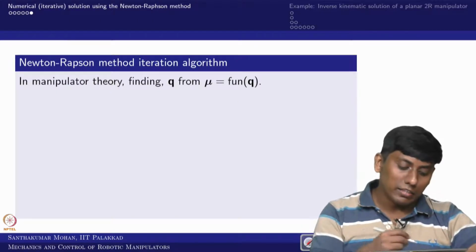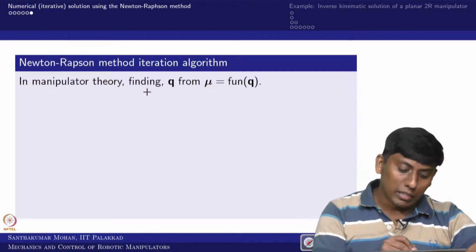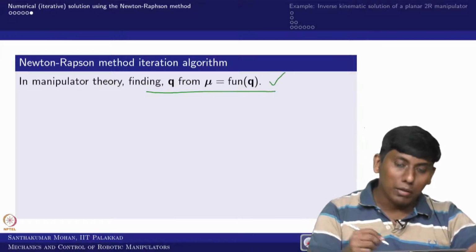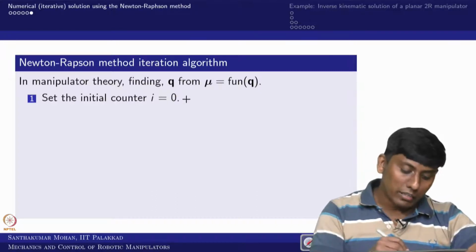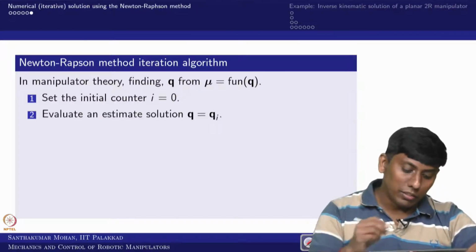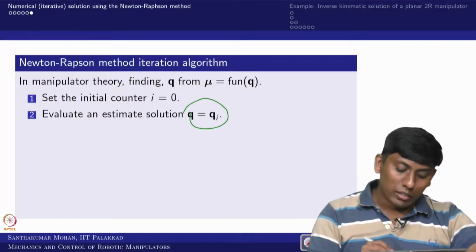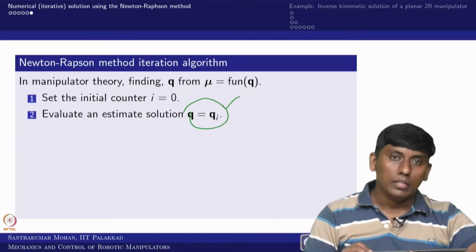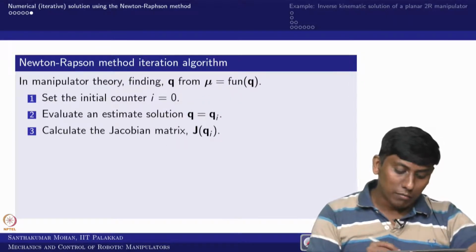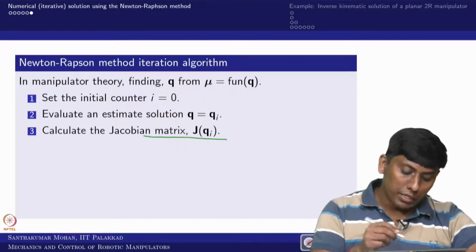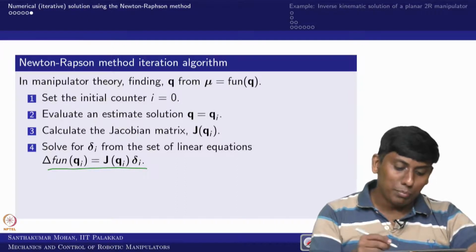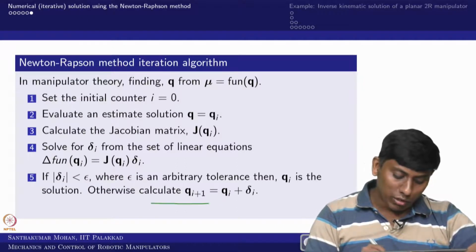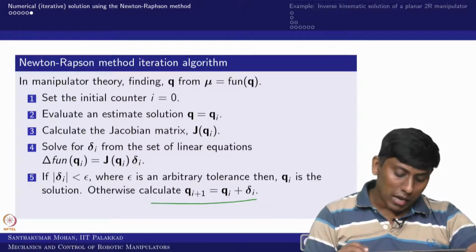So for making this an algorithm, what we can do, we can start, this is the function, this is available. So we will start with an iterative algorithm. We start the counter at 0 and we start with the initial guess. That is what we call q i, okay. Then we go to the next step where we calculate the Jacobian and the Jacobian inverse, and then we will find this, okay. So once you find this, then we can keep getting it further, and then you can find this particular aspect, okay.